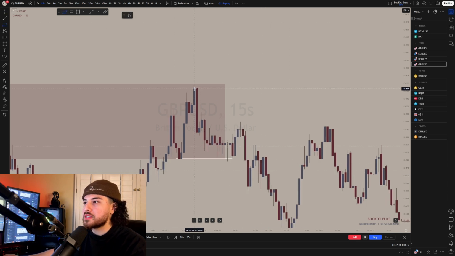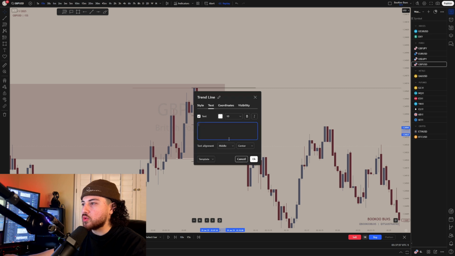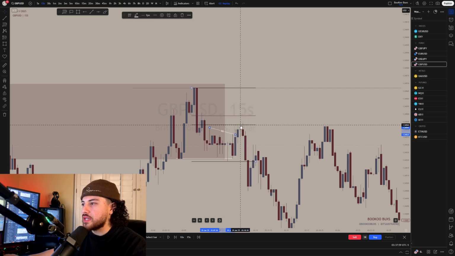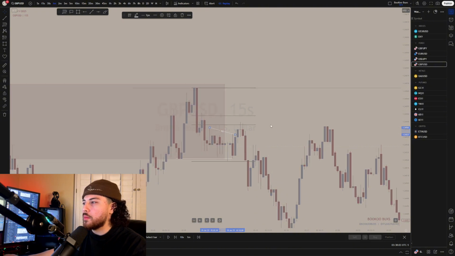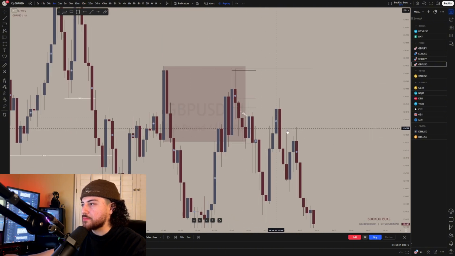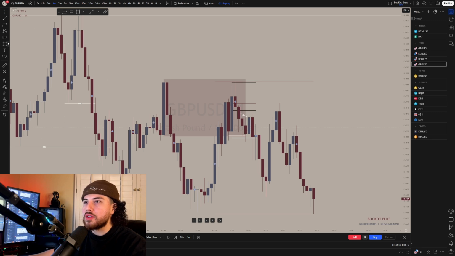If so, I would anticipate price to pull back up into premium. If you notice here too, price takes out internal buy side liquidity, taps at the 50%, and then it gives us a bearish engulfing candle right here. So on the 1 minute time frame, this is basically where I took my entry somewhere in this area, decided to take a short,